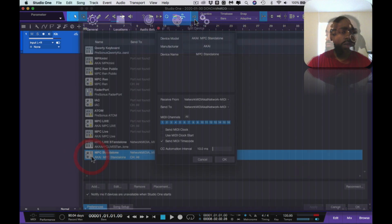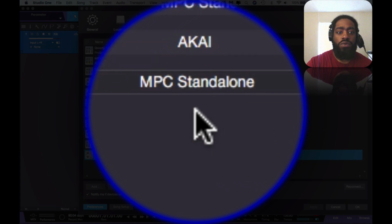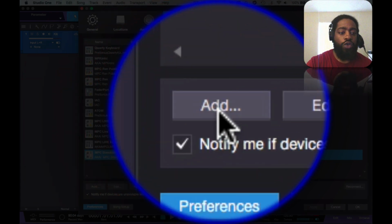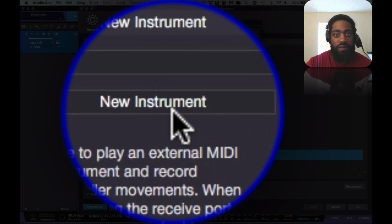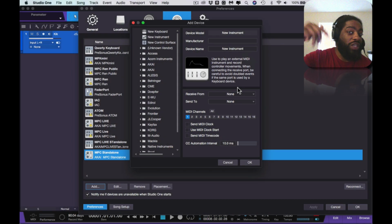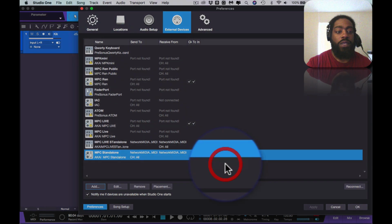You need to set your devices up. So you'll add a new device. It'll look like this. Manufacturer, all that good stuff. I got videos on the channel, by the way, explaining all this stuff, but it was a little convoluted after a while because it wasn't working how it was supposed to work. Now it seems as if it's working. So once you set this up, boom,